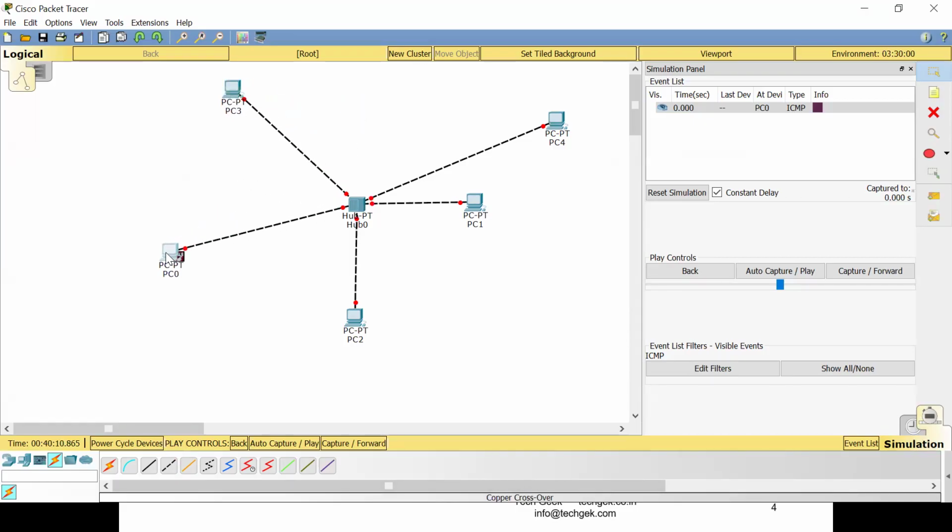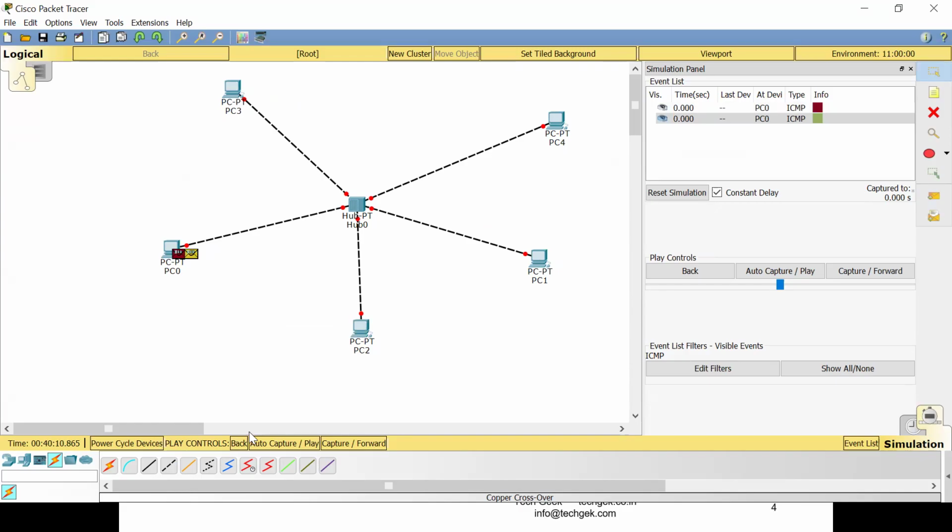Whatever communications happen, what if we have more than one computer here? The transactions may happen when I'm sending a packet. Suppose I'm dropping a packet from PC0 to PC1. Obviously, it can travel here because we have certain IP addresses assigned, right? Whenever we say that any transaction happens between multiple computers, we are using some central device through which it gets communicated. This is how the communication process is happening.